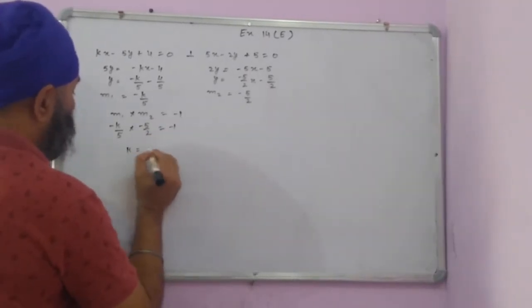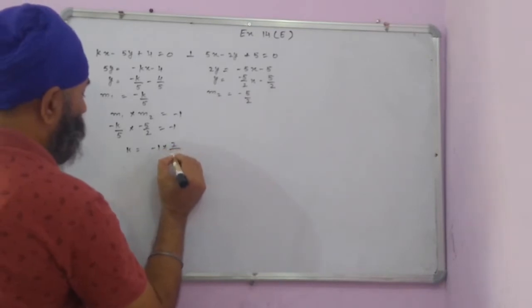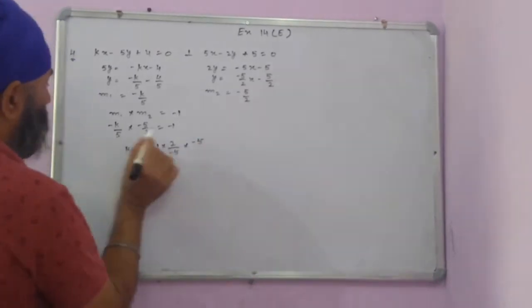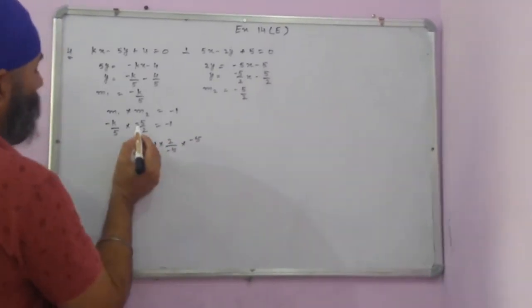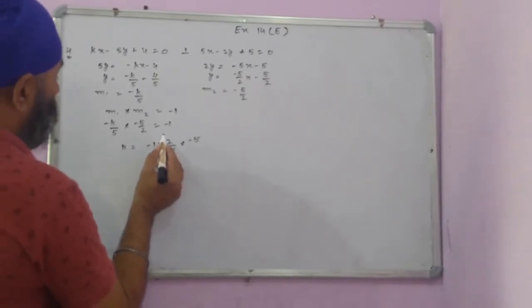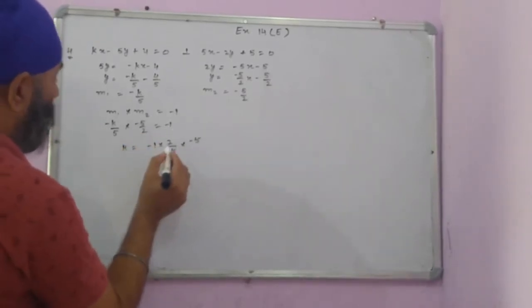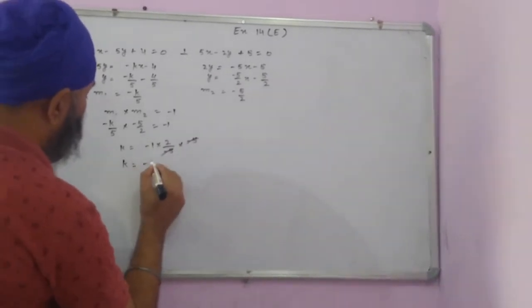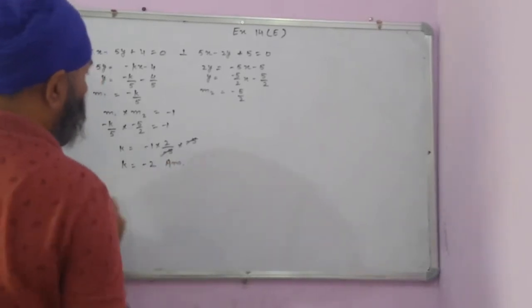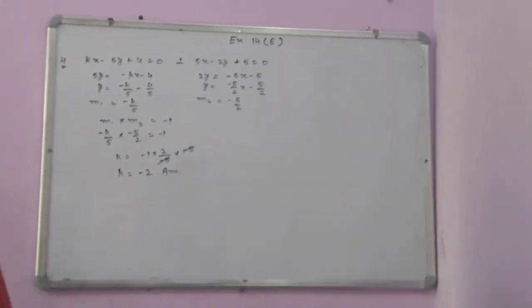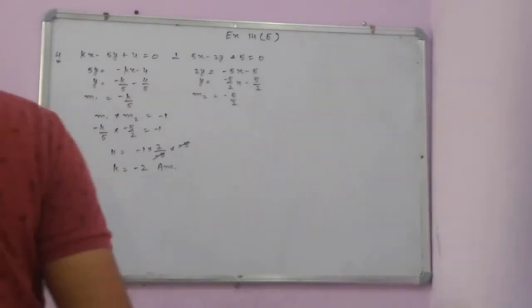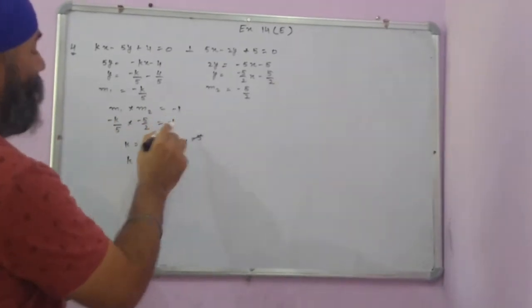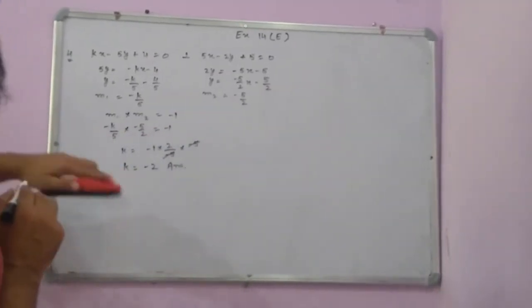Minus k upon 5 into minus 5 upon 2 is minus 1. So k is minus 1 into 2 upon minus 5. This minus will also go there into minus 5. 5 will get multiplied. Minus 1 into minus 5, minus 2 upon 5 and minus 5, these cancel out. K is equal to minus 1 into 2, minus 2. That is the answer. So k is equal to minus 2. The method is that we find the slope of these two lines, put the product equal to minus 1 and solve it for k.